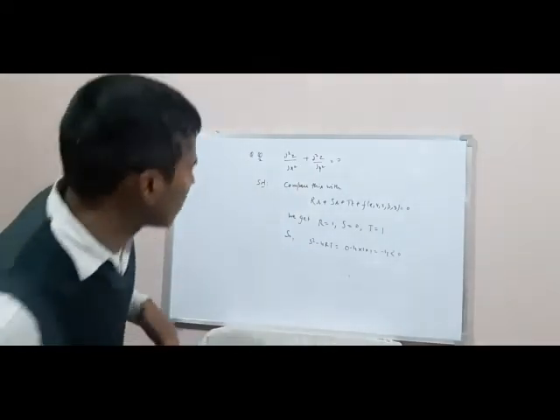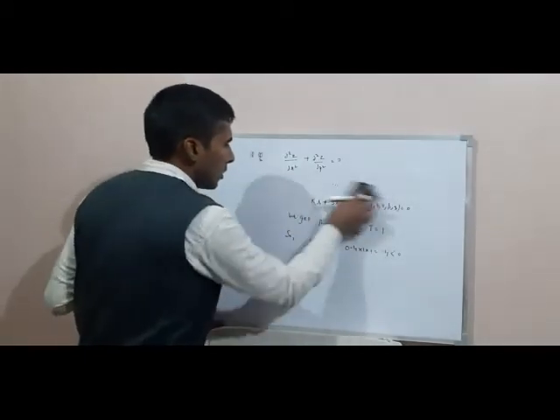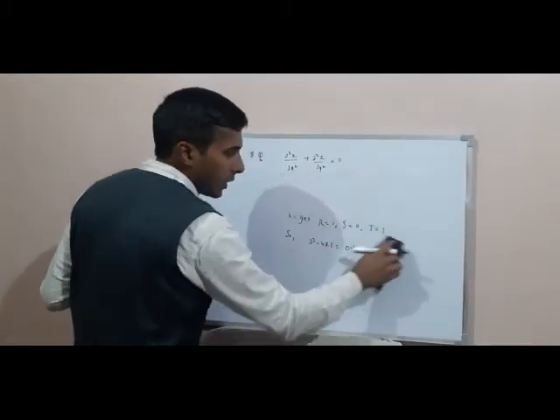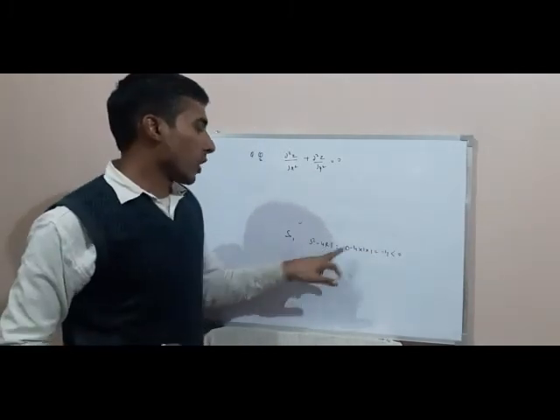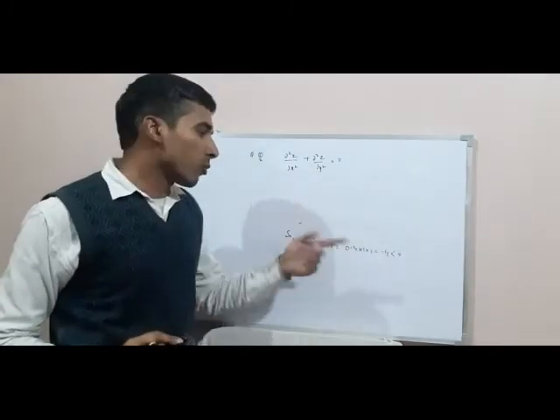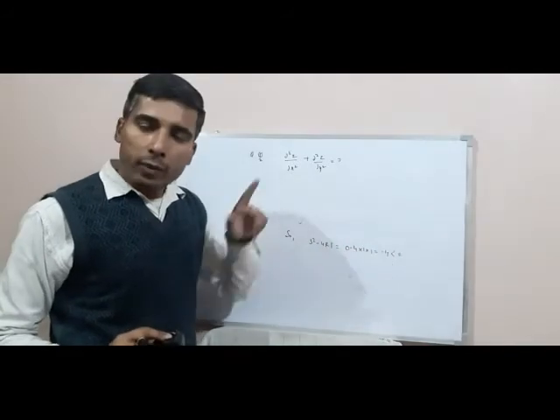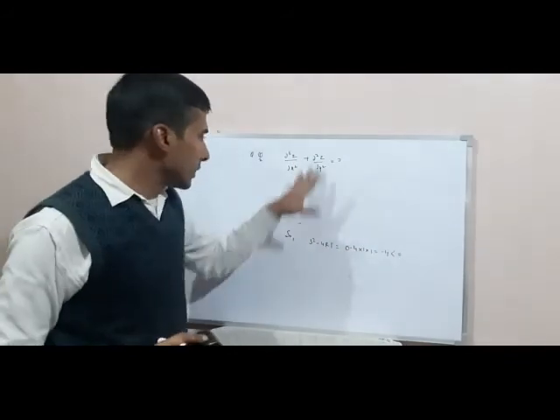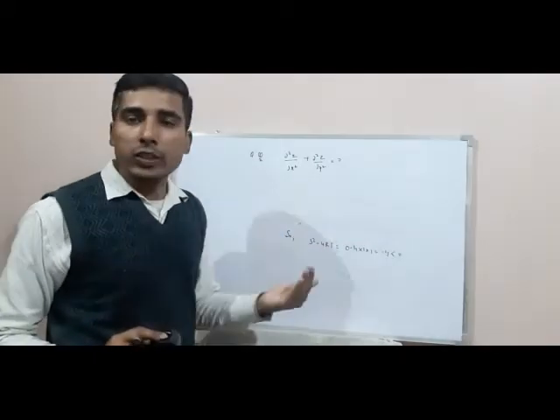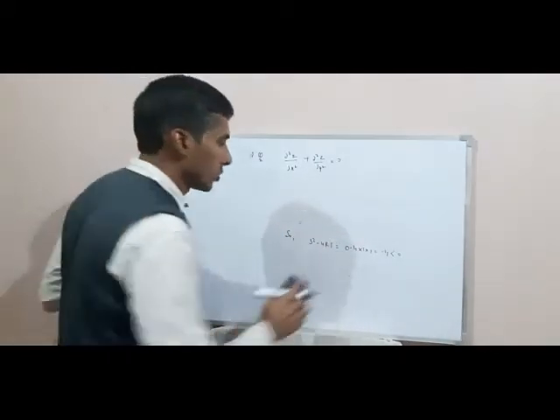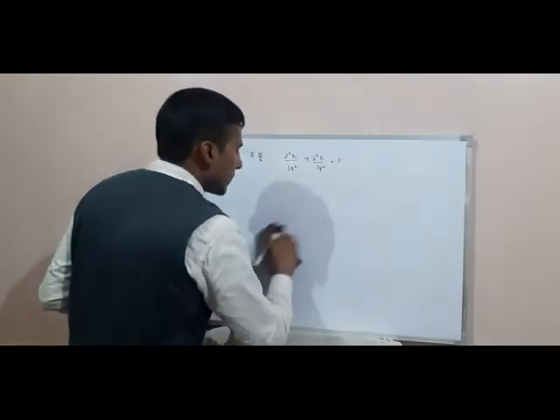We consider another example. This equation is elliptic because the value of S² − 4RT is less than 0. It is hyperbolic if it is greater than 0. It is parabolic if it is equal to 0. But for this equation, the value of S² − 4RT is less than 0, so this equation is an elliptic equation. We consider another example.